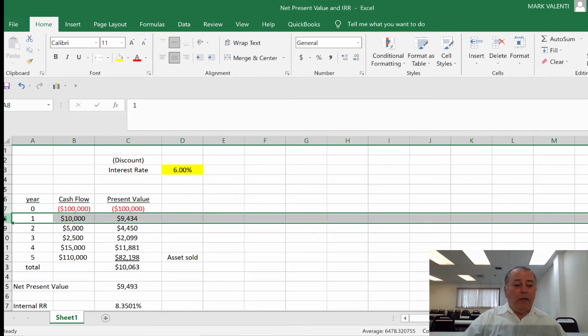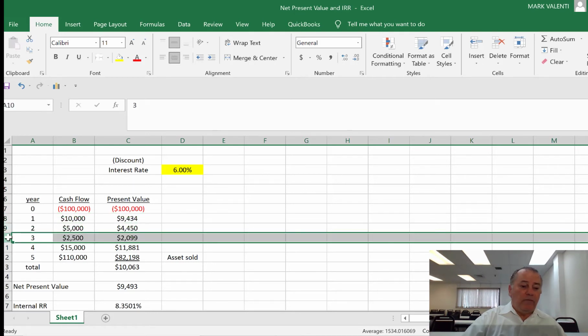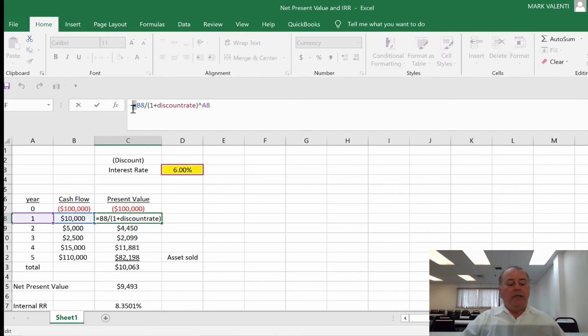And in year one, we've made $10,000. Year two, $5,000. Year three is $2,500, and so on. On this side, we've got net present value. So the way this system is calculating that, you can see up here in our formula line